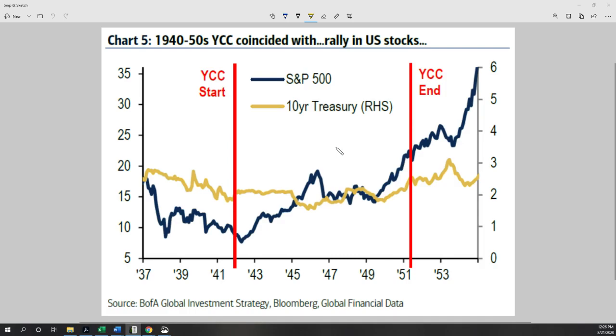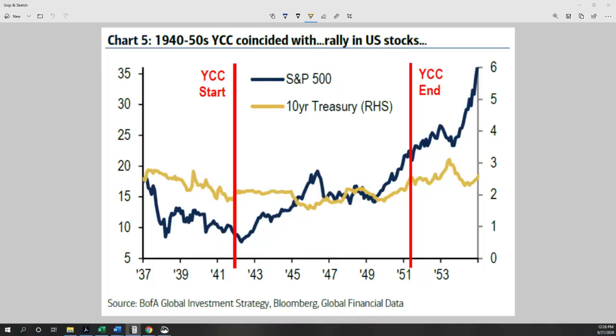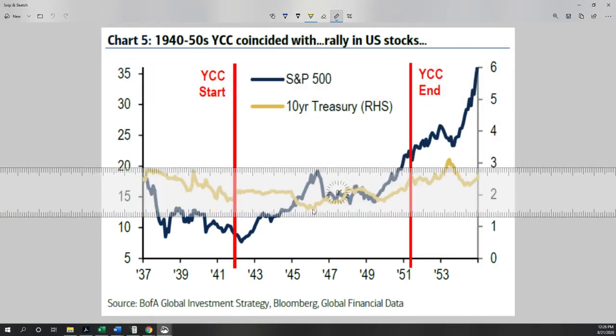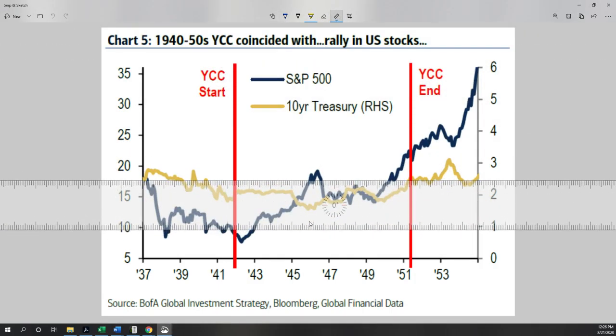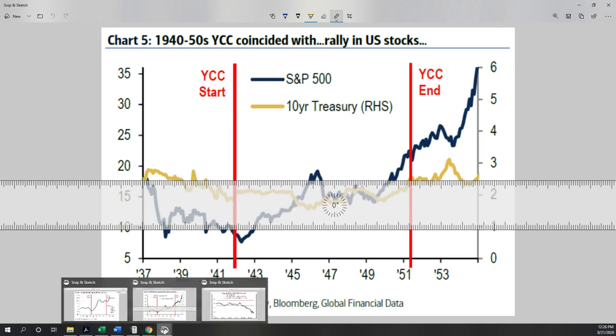Now, I'm bringing up this chart because the Fed has only done this, guys, one time in history. Only one other time did they use yield curve control as a tool to stimulate the markets, and this was back in 1942. You can see the chart here where they capped rates at 2.5%, which is the yellow line. If you look at that yellow line, it stayed below 2.5%, which is very low back then. And the blue line is the market. Look what happened to the market when it started: asset prices took off, right? Again, this only happened one other time in history.